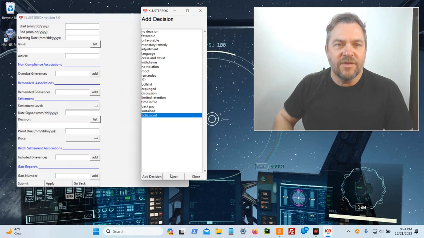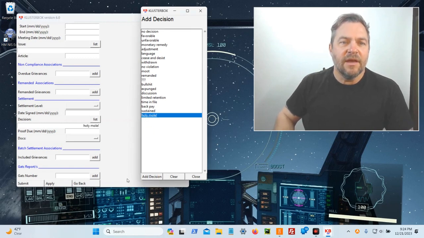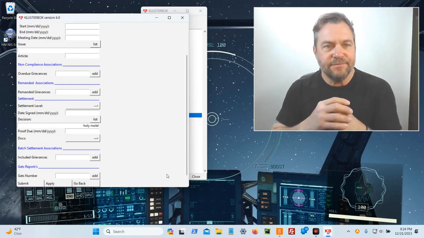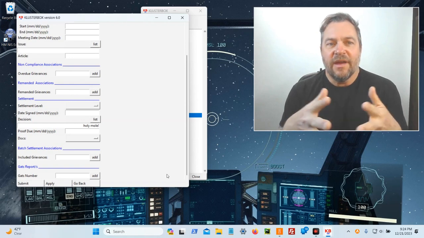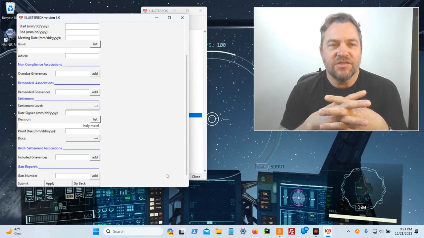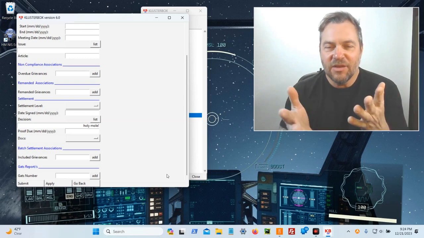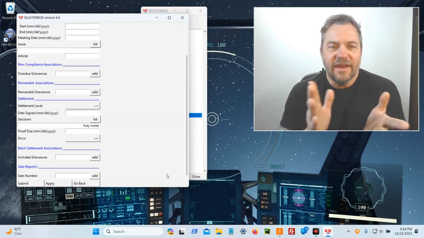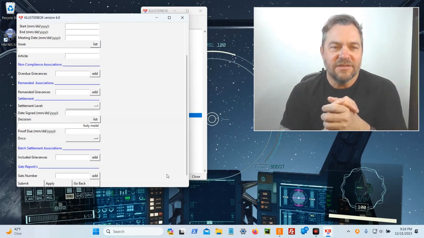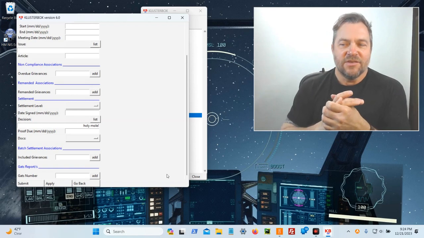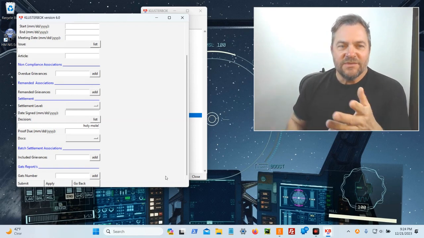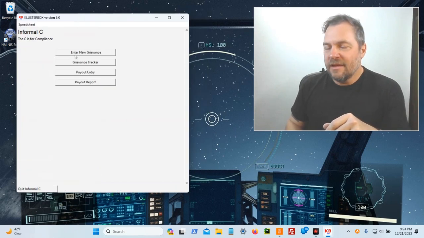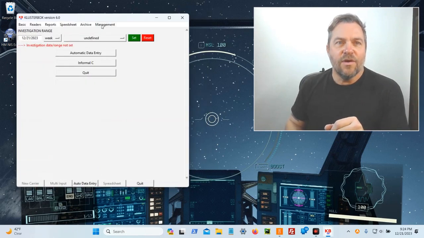Oh, holy moly, it's right there. Add. Okay, so yeah, you can add it, and that way, whatever decision you want to make, you want to put in there, because your decision is an abbreviation, paragraph, or pages of text. So you just want a quick one or two word summary of what that decision is. Okay, go back, and that about sums it up for